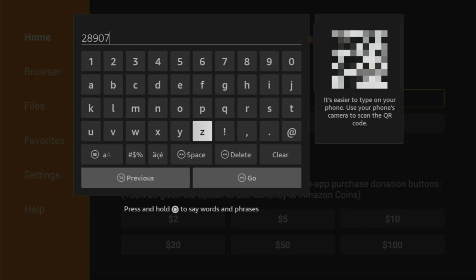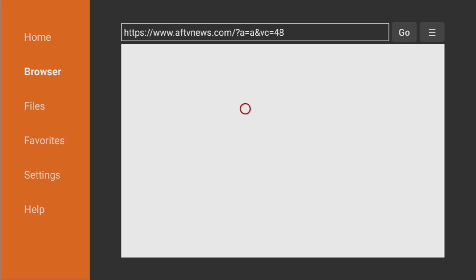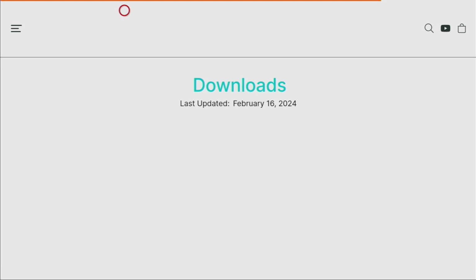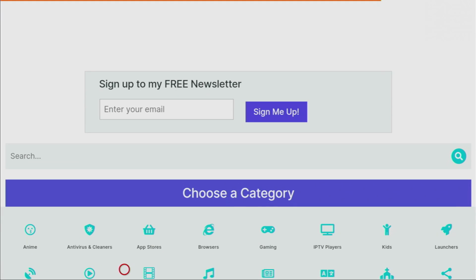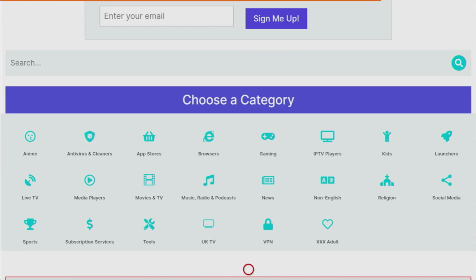Make sure to enter the code exactly as you see on your screen and do not make any mistakes, because if you make a mistake, the code is not going to work. And after you have entered the code, make sure to click on Go. Now, in a couple of seconds, a website is going to load for you. And here's the website. Now what you have to do is just scroll down a little bit until you see a list of categories. And here it is, and the category we're looking for is right here with that heart icon. So let's click on the heart icon, and now a huge list of applications has opened for you,